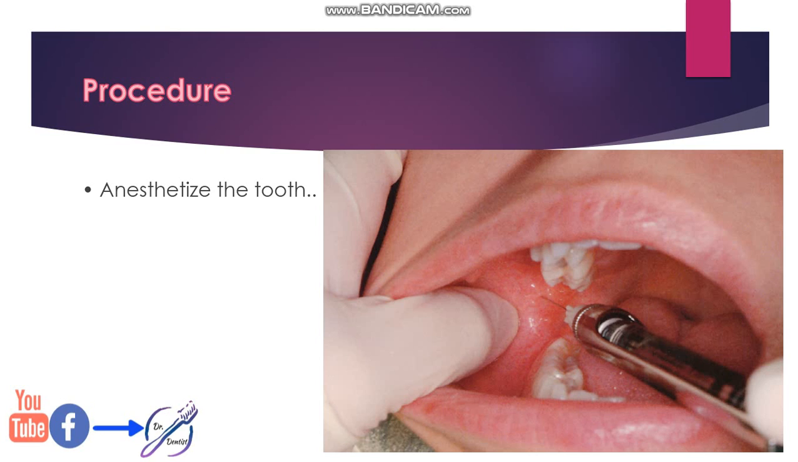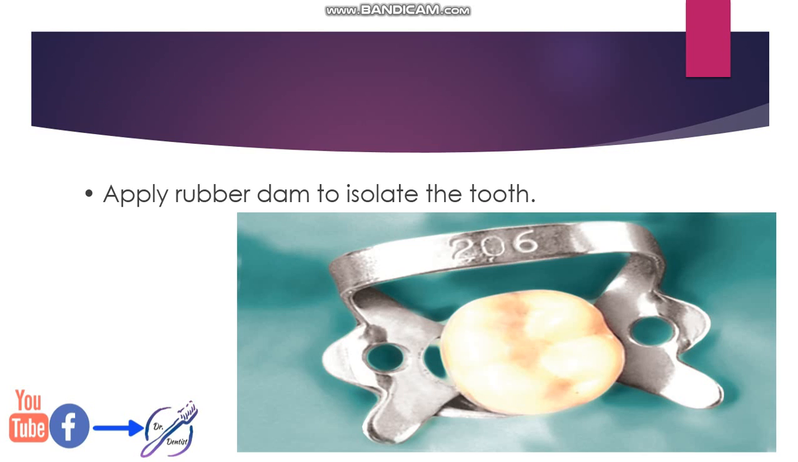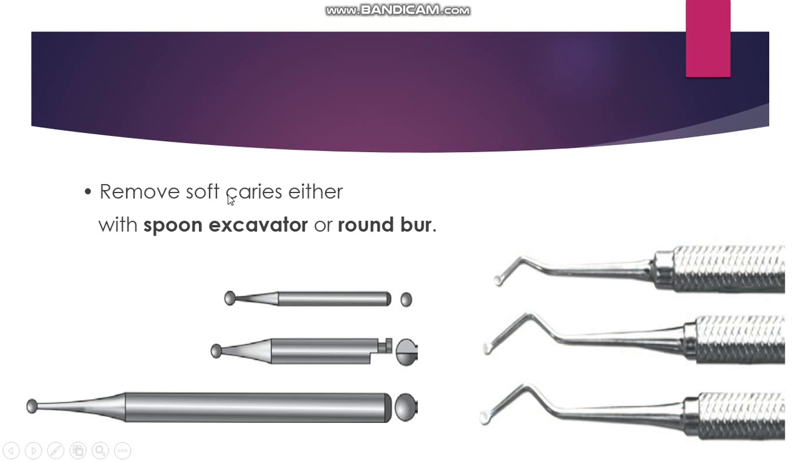First, anesthetize the tooth so that the patient does not feel any pain. Next, apply a rubber dam to isolate the tooth, as you see in the picture. Next, remove soft caries either with a spoon excavator or a round burr. This is a spoon excavator, which is much more conservative, or you can use a round burr with a slow